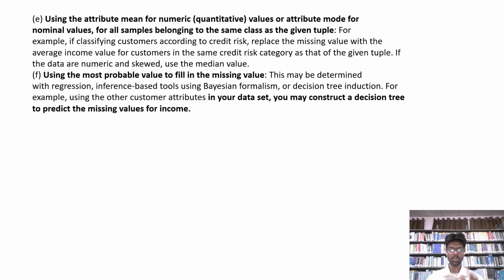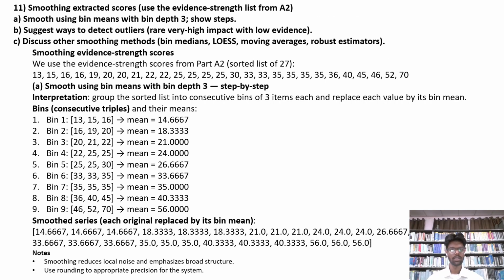Last, using the most probable value to fill in the missing values. This may be determined with regression, inference-based tools using Bayesian formalism, or decision tree induction. For example, using the other customer attributes in your dataset, you may construct a decision tree to predict the missing value for income. Now moving on to the 11th one,